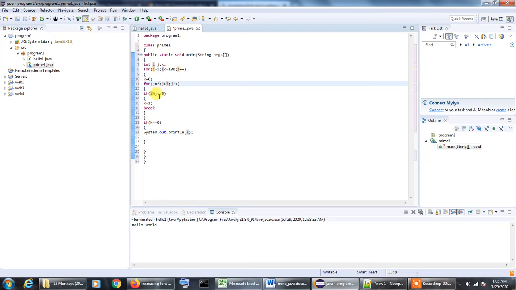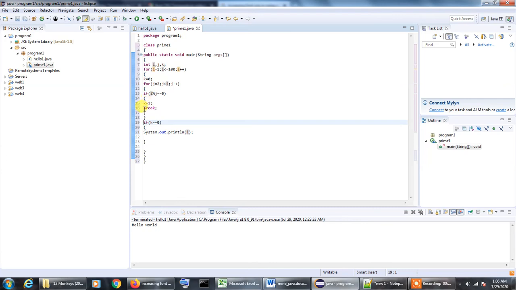The condition will be fulfilled and k will become 1, and the break statement will be executed, which will cause the control to break from the innermost for loop and reach the if condition statement. Once the loop terminates using the break statement, the value of k will be 1.